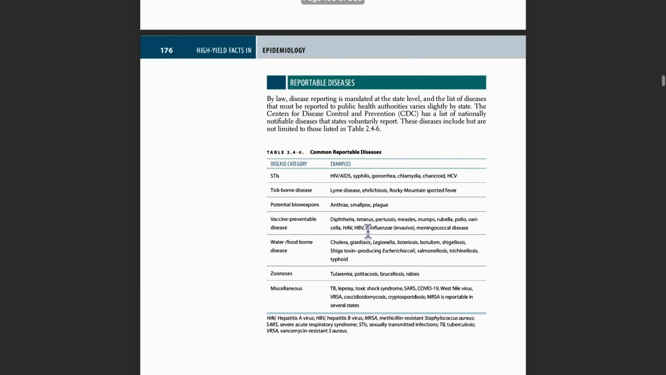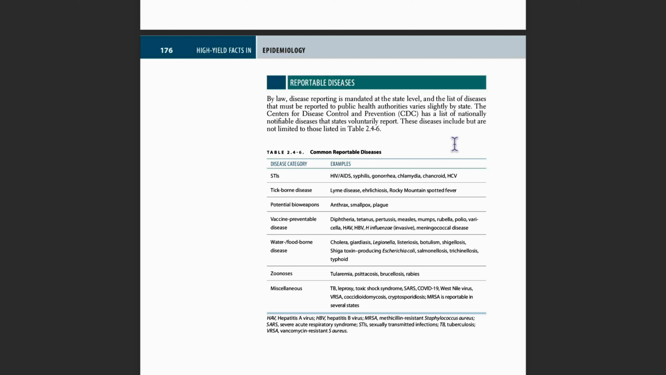Reportable diseases. By law, disease reporting is mandated at the state level. The list of diseases that must be reported to public health authorities varies slightly by state. The Centers for Disease Control and Prevention has a list of nationally notifiable diseases that states voluntarily report. These diseases include but are not limited to those listed in this table. Common reportable diseases are STIs, for example HIV, AIDS, syphilis, gonorrhea, chlamydia, chancroid,